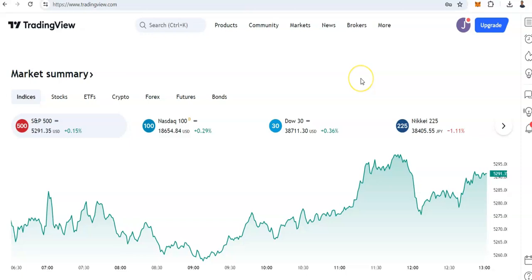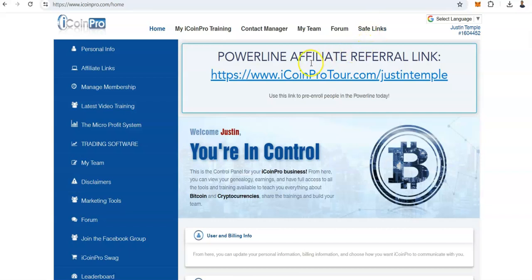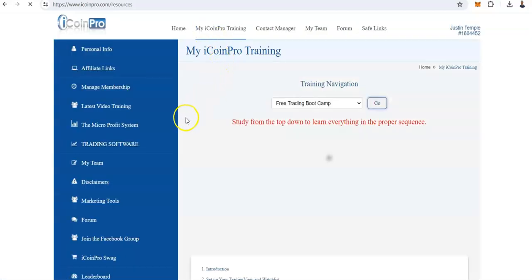In this quick video, I'm going to share with you how to use iCoinPro to actually paper trade so that you can practice using iCoinPro. This is if you're a paid member, I'm going to show you how to use it. If you are not a paid member and you have just pre-enrolled, then you're going to